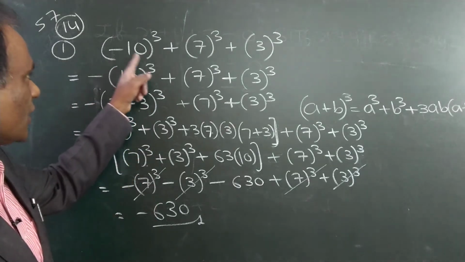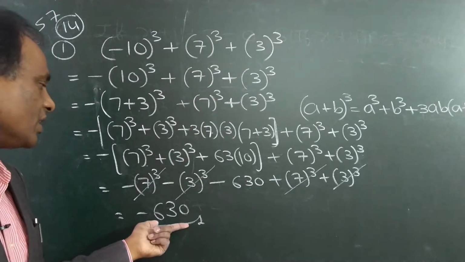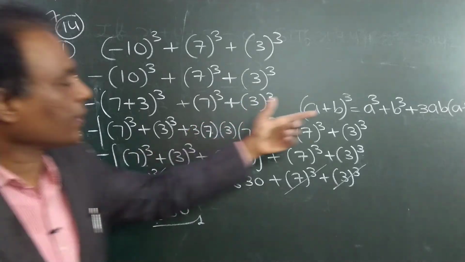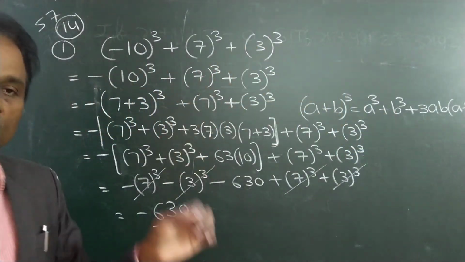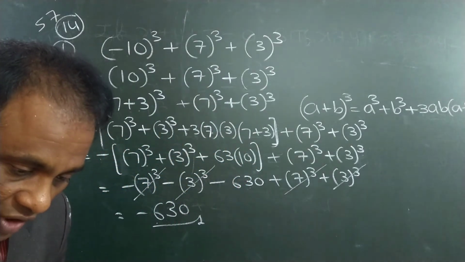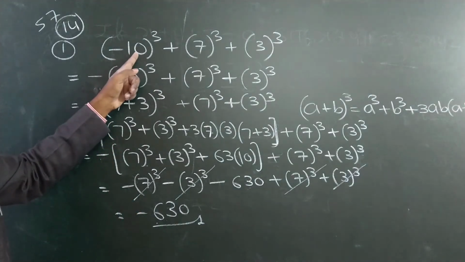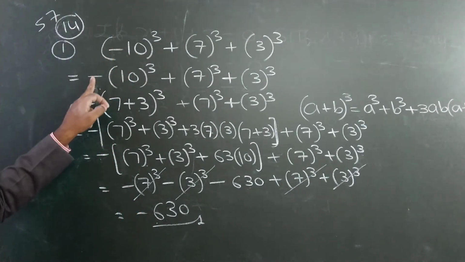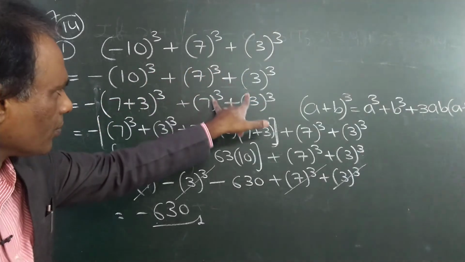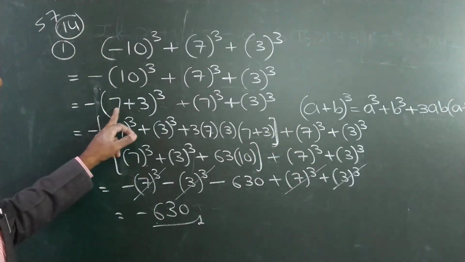10 cube is minus 1000 plus 343 plus 27. So if you do the simplification, same answer we will get. But without finding the cubes, we applied this formula. We did it. So the question is also the same: without actually calculating the cubes, find the cube of the following by using the identities. So first, to avoid the confusion, I wrote minus outside. 10 is written as 7 plus 3. Remaining same. No change.